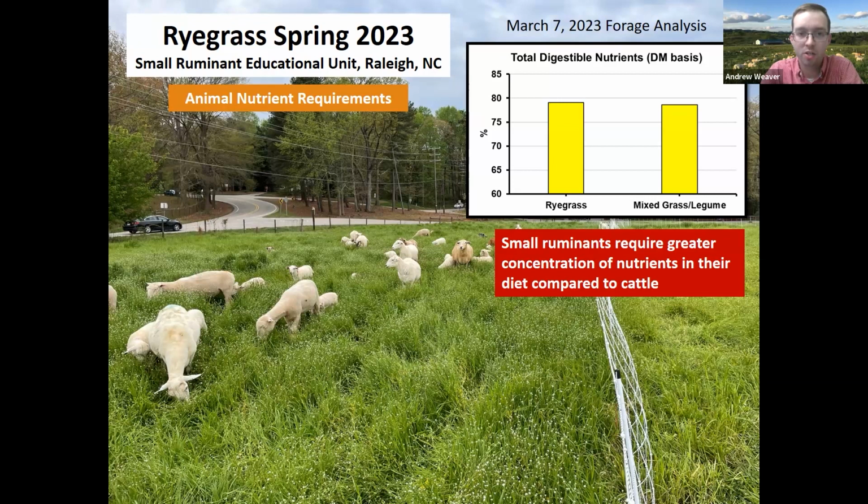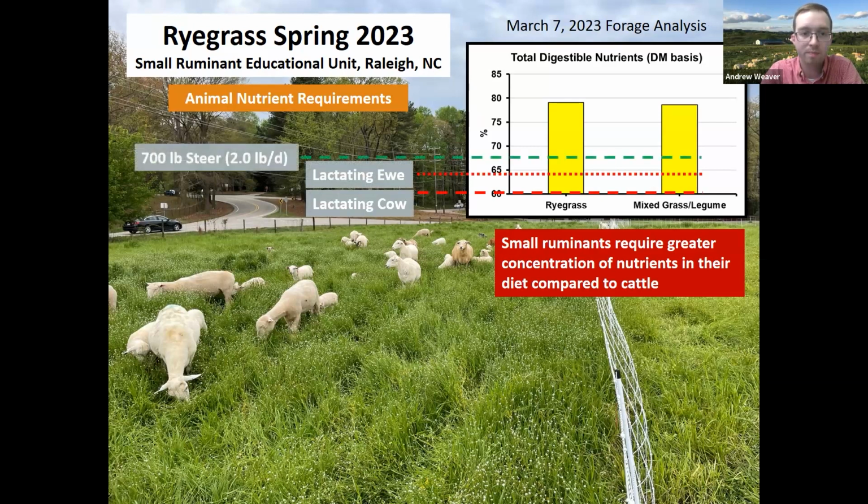In early March, they were 78, 79% TDN. If we compare that to our classes of animals, again, a lactating cow would be all the way down there. Lactating ewes are about 64, 65. Our steer there is about 67.5. And our growing lamb is there at 76. And so for all of these classes of animals,